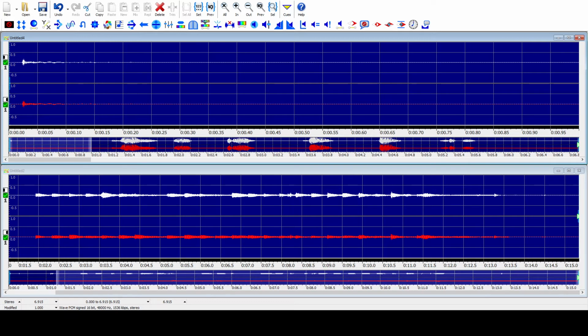Shift plus 2: Zooms to show 1 second of audio. Shift plus 3: Zooms to show 10 seconds. Shift plus 4: Zooms to show 1 minute of audio. This means that after pressing Shift plus 2 or Shift plus 3, when we press Shift left or right arrow, the